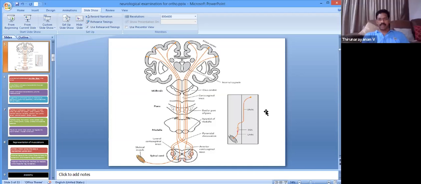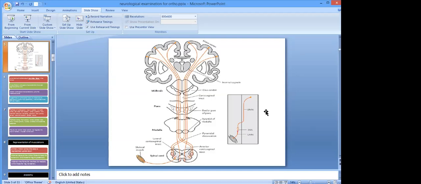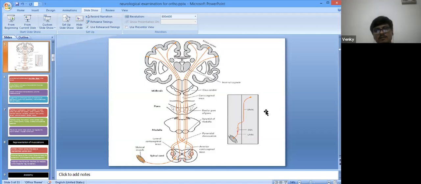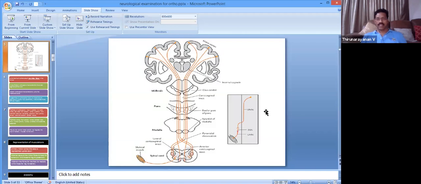Sir, if there are any more questions we'll take it up, or I think we can close this. Sir, I think we've taken a lot of your time, because in neurology I have a lot of doubts. It will be a continuous process. So we'll keep on asking doubts in neurology, because we are never sure about that. So we will burden you with a lot of questions. And next time, sir, maybe just before you start the presentation, you can ask the postgraduates two or three questions from the previous presentation, so we'll understand how much they have understood the subject, sir.